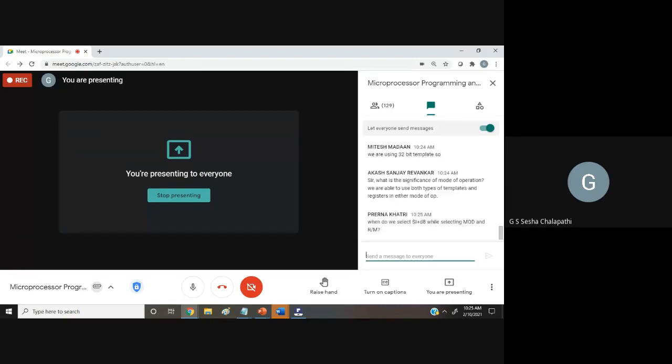Why do we select SI plus D8 while selecting the mod and R/M field? Sorry, when do we select SI plus D8 in this field?